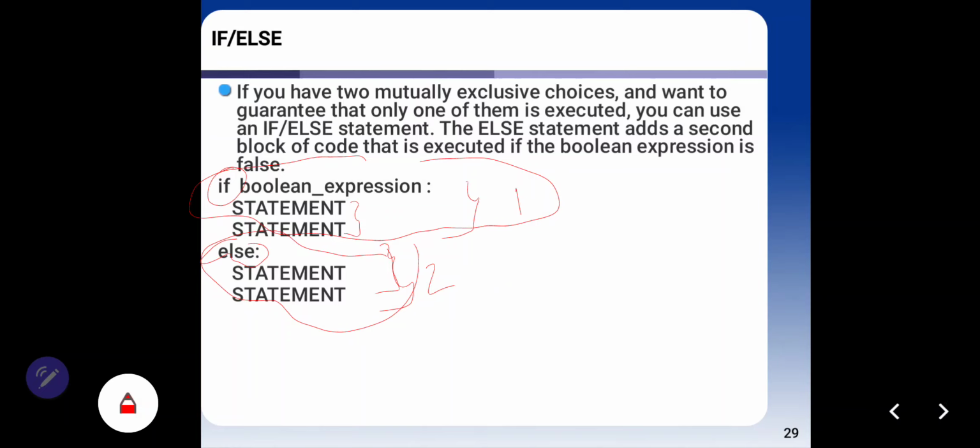I hope you remember the syntax to write code for an if else statement.